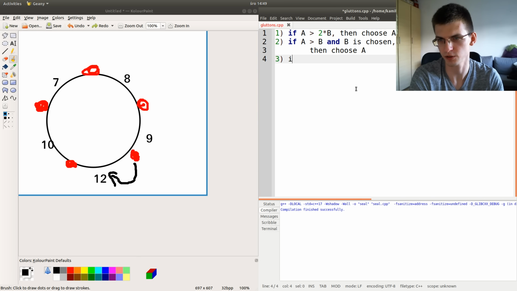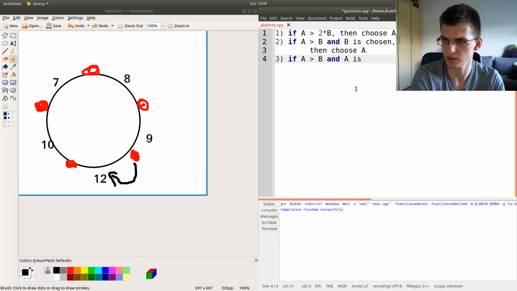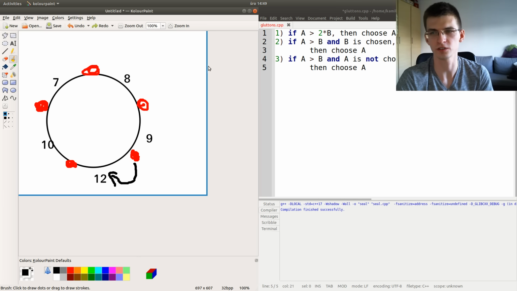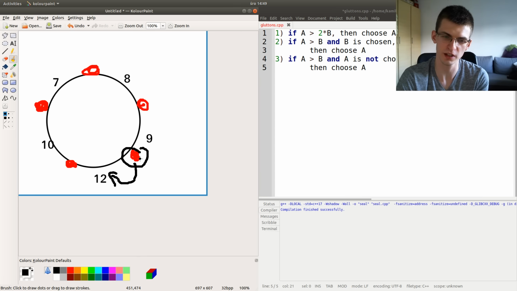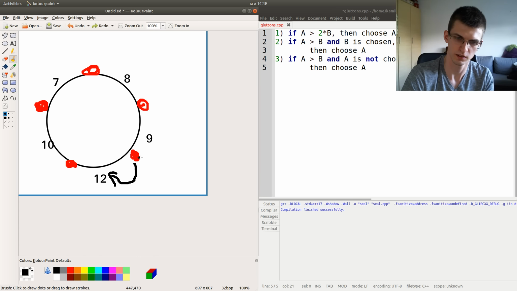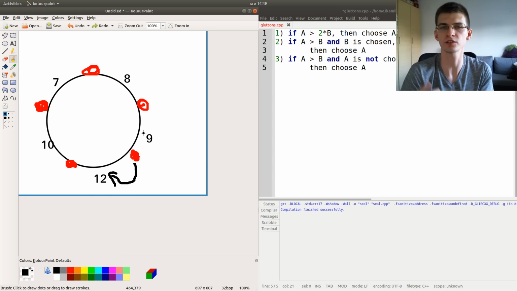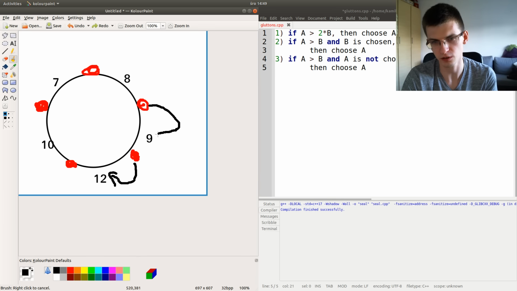What we have is a situation where a is bigger than b and a is not chosen for sure. Then choose a. And here not chosen means this guy already decided to take the other cake, so 9 is not chosen by the other guy. So for sure the value of 9 for this new person will be exactly 9, not 4.5.